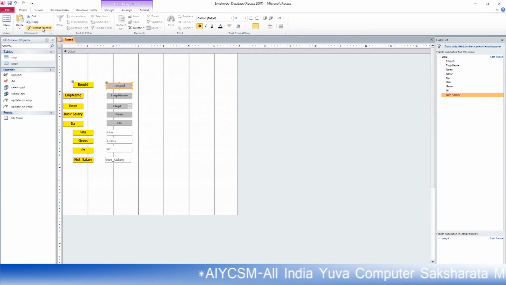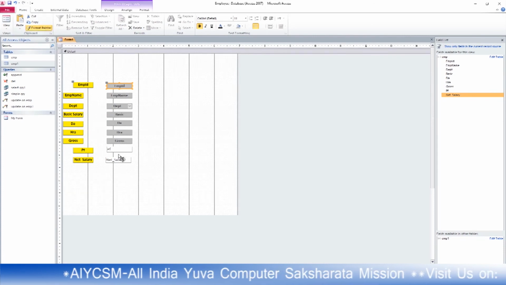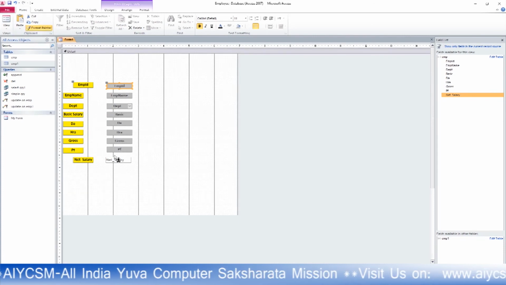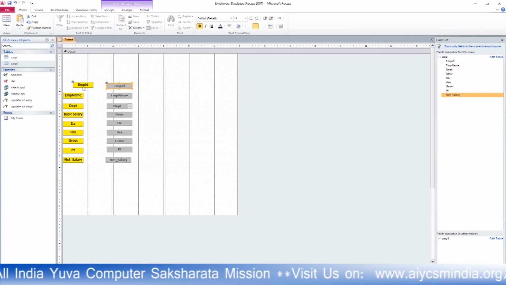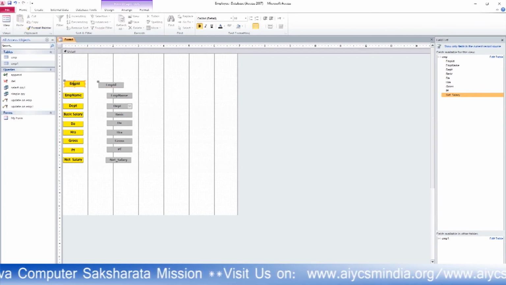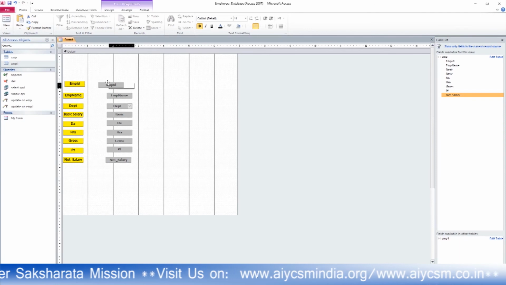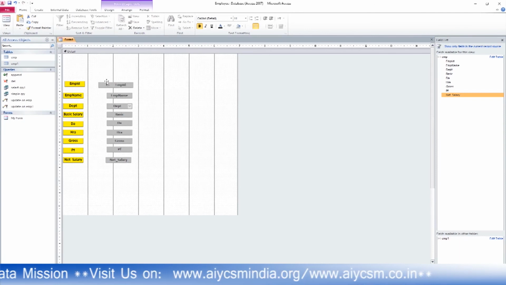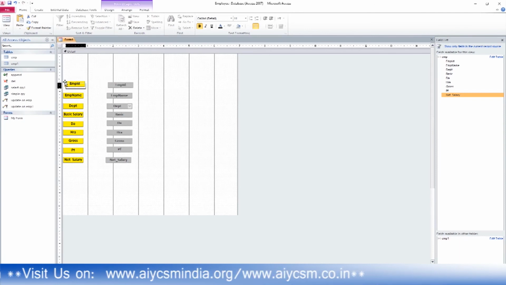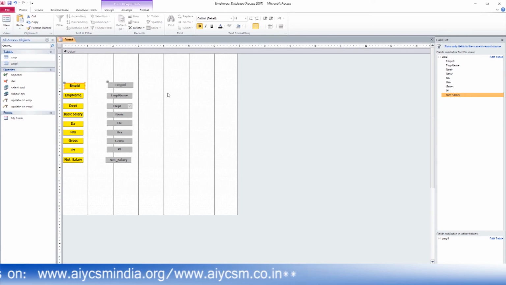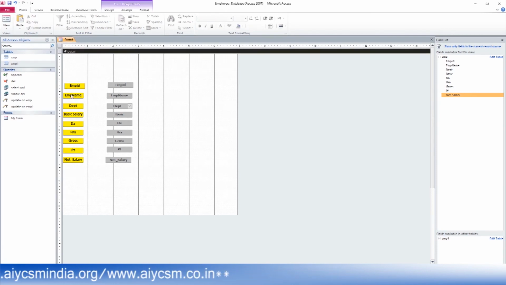You have to set it again. They will be arranged like this one. So this is how you can change the font.